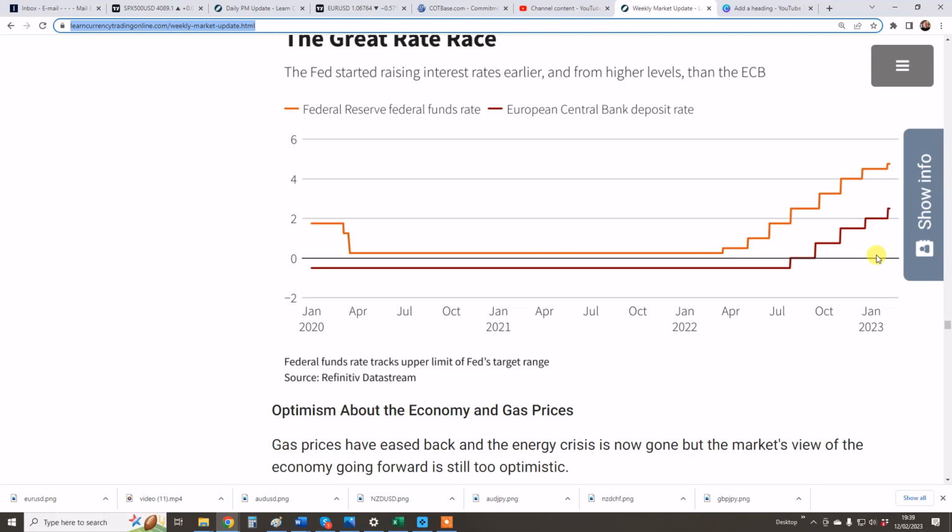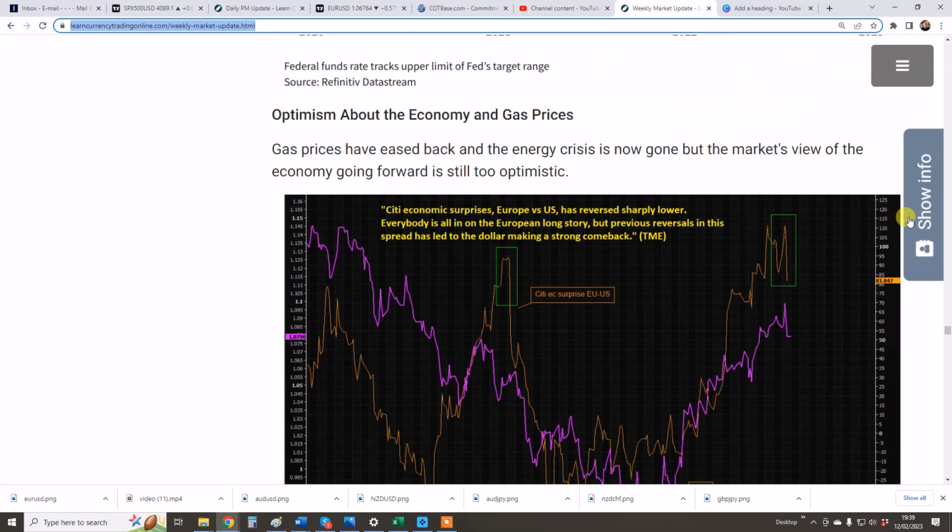US holds the advantage. Like I said, even if the ECB can be as hawkish as the market expects, which I doubt, it's in the price. The US dollar holds the yield advantage. Now, optimism